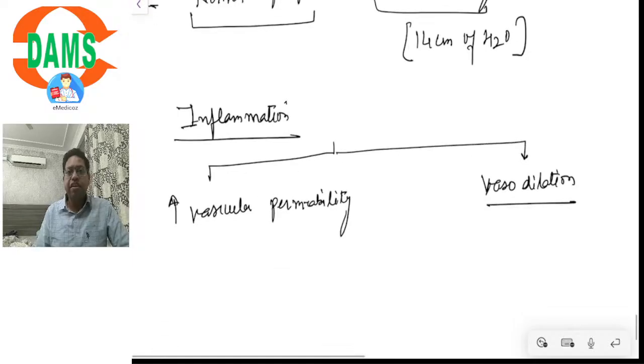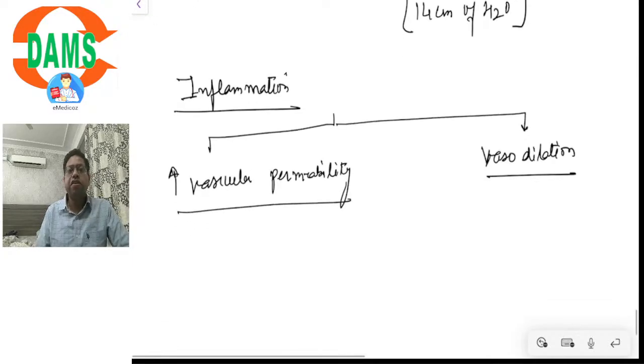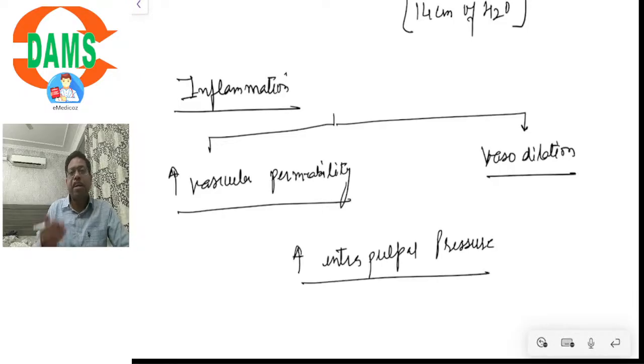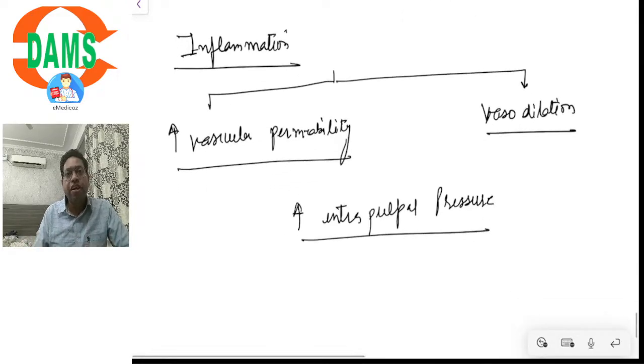The blood vessels dilate and the vascular permeability is increased. These two phenomena together contribute to increased intrapulpal pressure. So, whenever there is inflammation of the pulp, the intrapulpal pressure would rise. And since pulp is confined in a low compliance environment, low compliance means there would be no volumetric change in the pulp canal system. That increased blood volume, that increased vascular permeability causes immense pressure, and the patient feels throbbing,